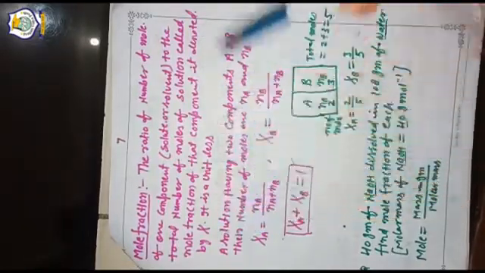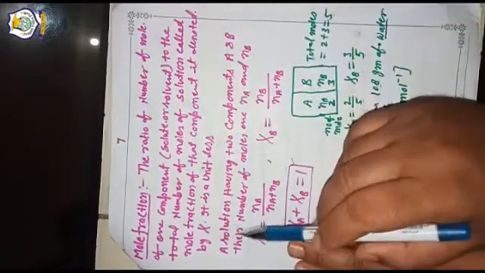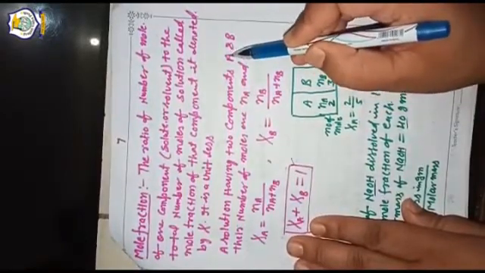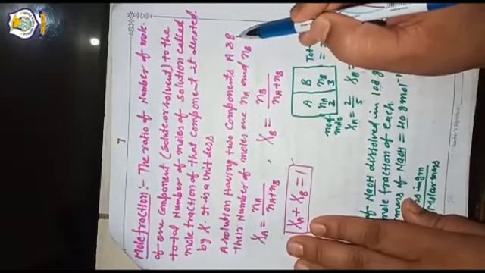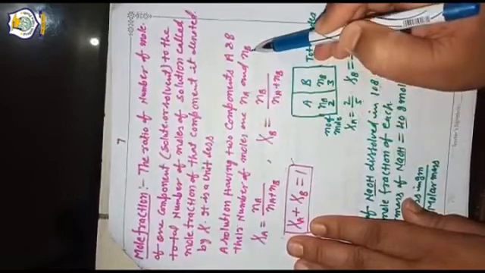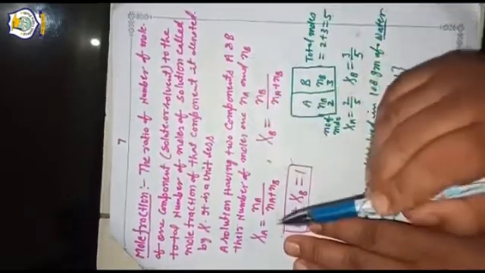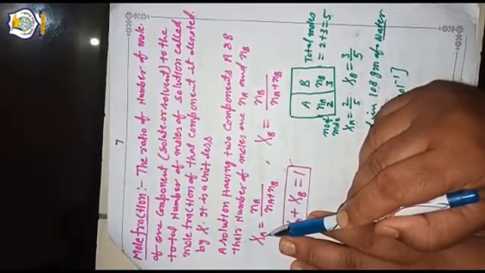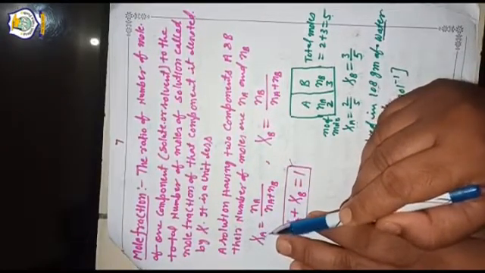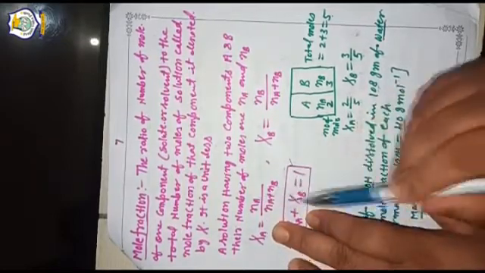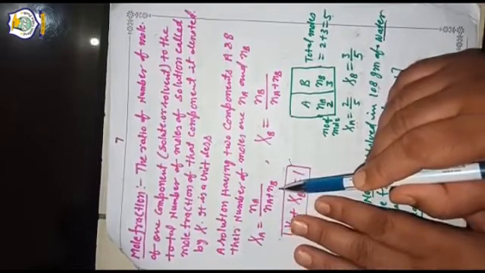It is unitless. Let a solution have two components, A and B, where A is the solvent and B is the solute. Their numbers of moles are Na and Nb. The mole fraction of A is found by using the formula: zeta A equals Na upon Na plus Nb, where Na plus Nb is the total number of moles.